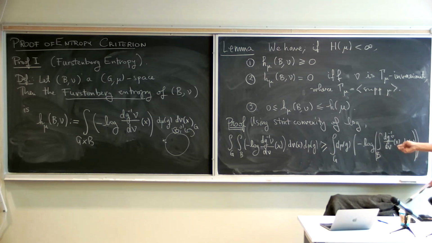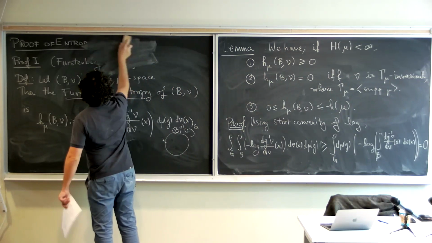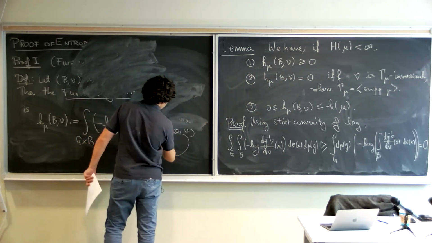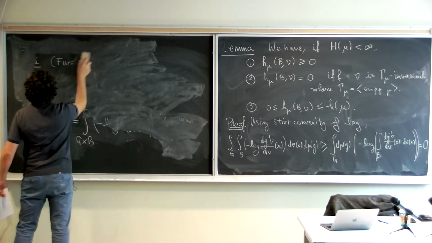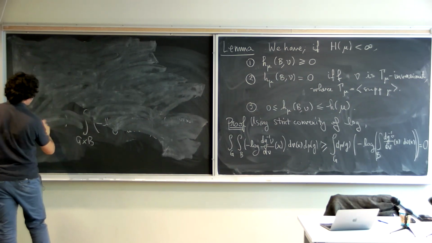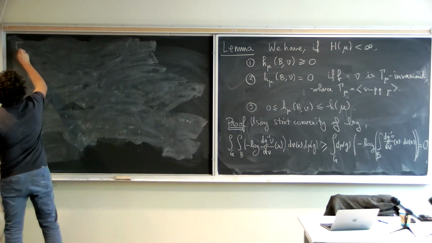And now, okay, now it's clear, because what is this, right? This is the integral of the Radon-Nikodym derivative, so it's just 1. So this is minus log of 1, which is 0. So this is 0. Okay, and now we also see, because the convexity is strict, that this is only possible if there is an equality almost everywhere. So equality